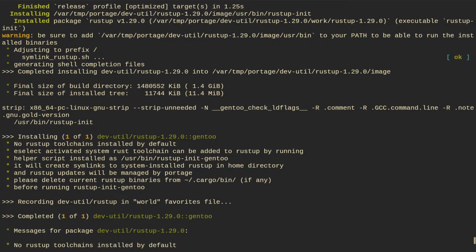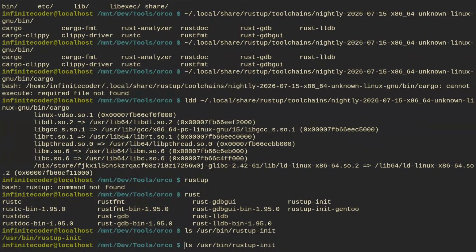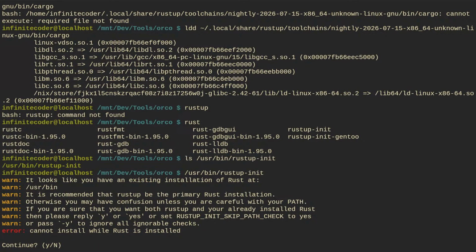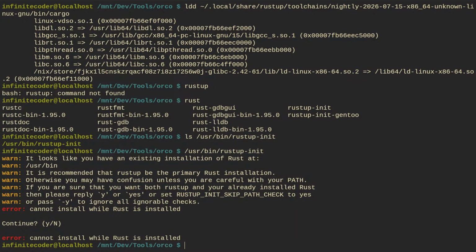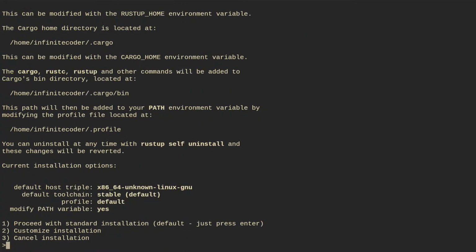rustup-init in user bin. So that exists. So yes to rustup. Cannot install while Rust installed. Continue. Wait, no. Yes. Customize.